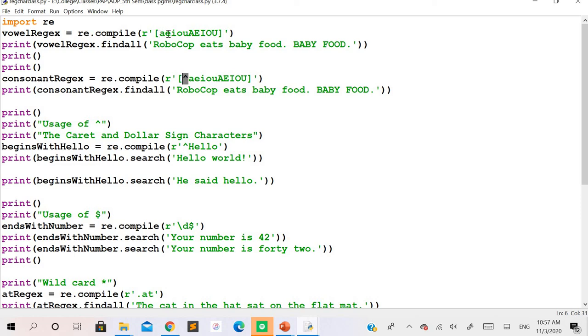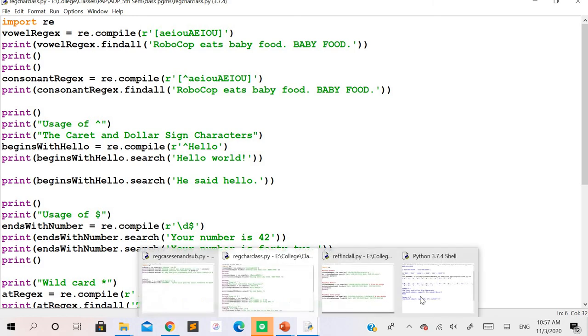In this case, the matching is done only with these characters, but here, the matching is done except these characters. That means within this input string, it is going to match all the letters except what we have defined here as the pattern. That means it is not going to include A, E, I, O, U, both upper and lower case.